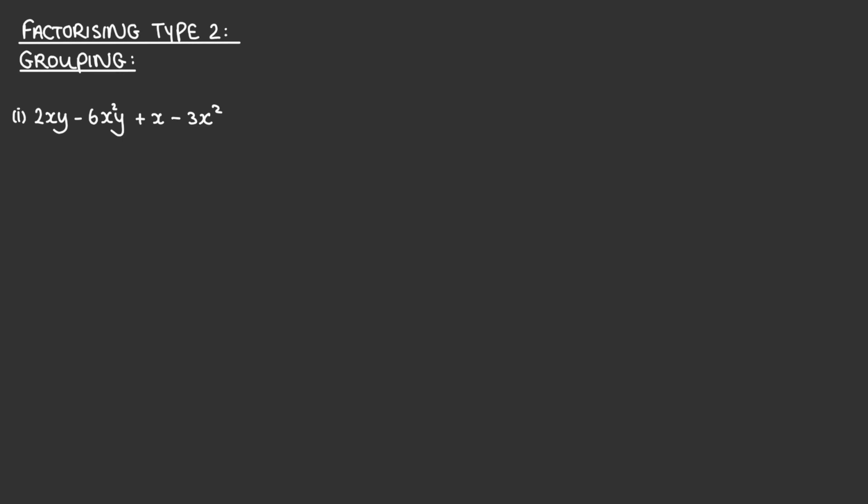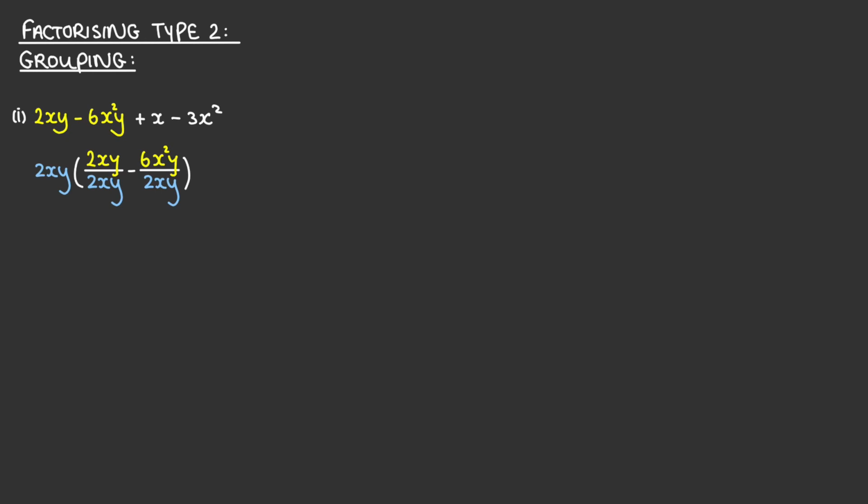Remembering from the previous section that the highest common factor is the largest value that will divide into each term evenly in the expression. So just like I explained in the previous section on how to factorize by taking out common terms, we have to take the highest common factor of both terms outside of the expression. So we look at the first half of the expression, 2xy minus 6x squared y, and we can see that the highest common factor of both numbers is 2xy. So by taking 2xy outside of the brackets, we divide each term in the expression, 2xy minus 6x squared y,